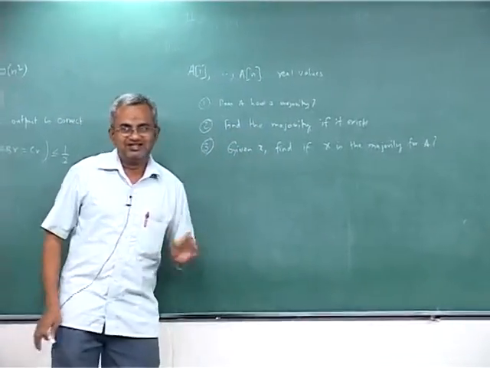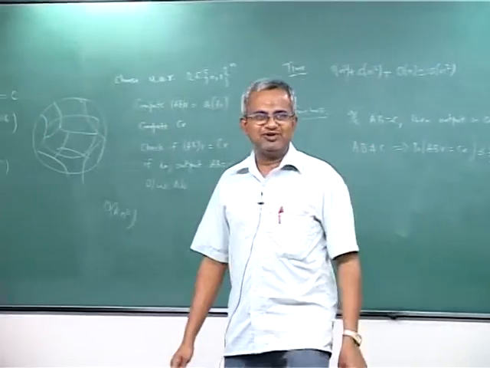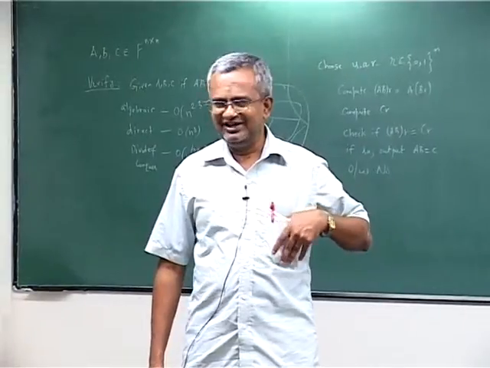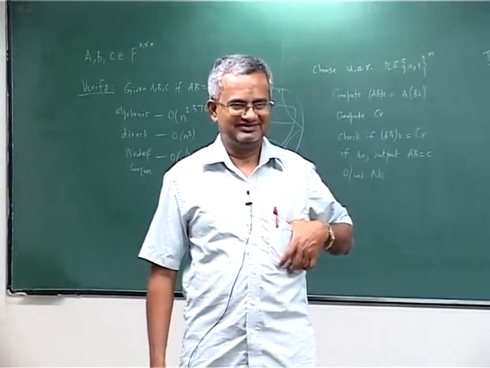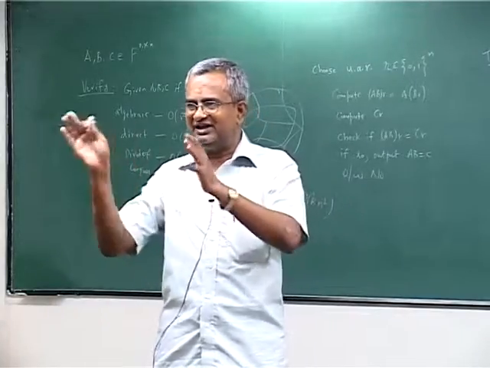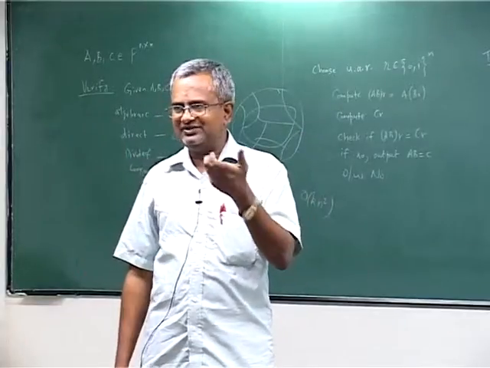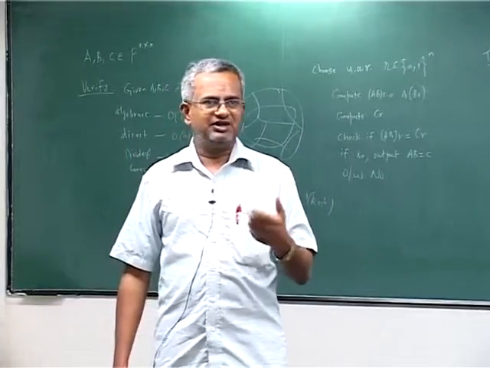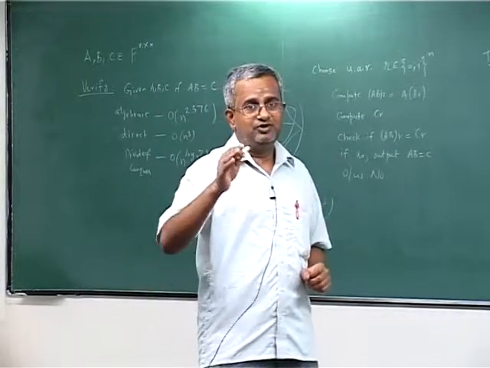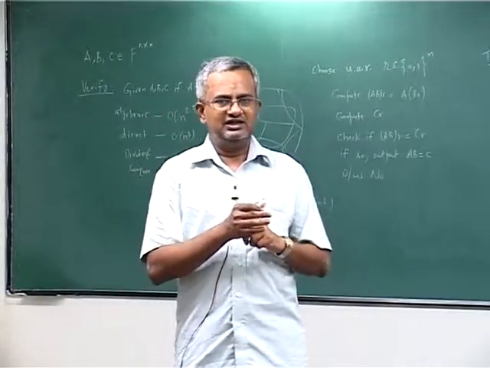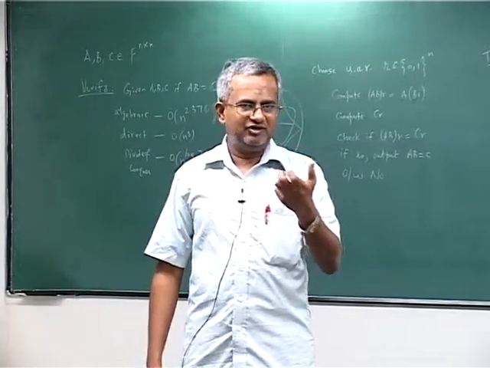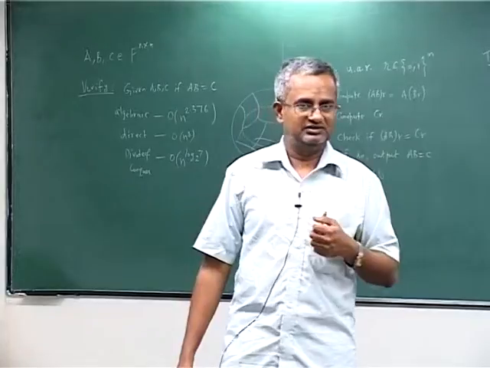Third one, sorry, okay. Third one, how many equality tests do we need to get the answer if x is a majority? You just require n equality tests. There is a deterministic algorithm which simply compares with each entry and finds the answer. You keep a counter which counts the number of times it has occurred, and if the number is more than n by 2, you know it is a majority, otherwise it is not. So, that is an upper bound on the deterministic complexity, because there is a deterministic algorithm which uses just n equality tests and correctly finds if x is a majority or not.